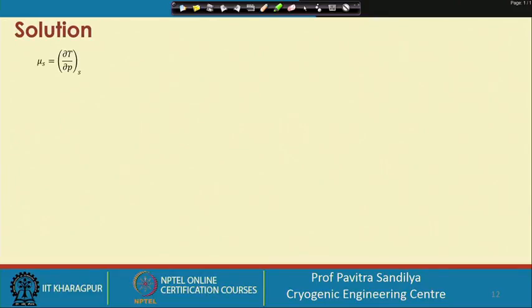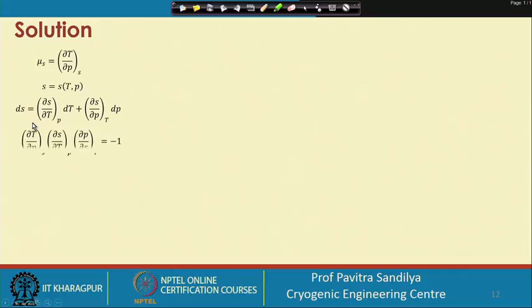Now, for this again we first write the expression for the isentropic expansion coefficient, that is ∂T/∂P at constant entropy. Here we start with the entropy relationships, that entropy is a function of temperature and pressure, and as we did earlier under the isenthalpic expansion, in a similar manner we are also taking this expression and using the cyclic relationship, and from this we find that ∂T/∂P at constant S is coming out to be this way.